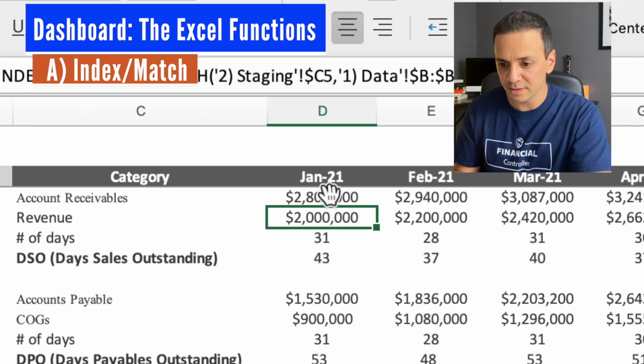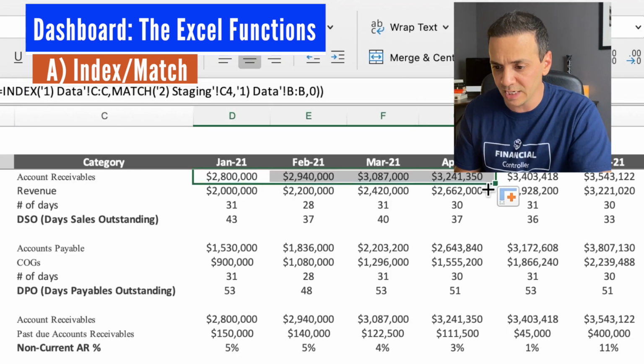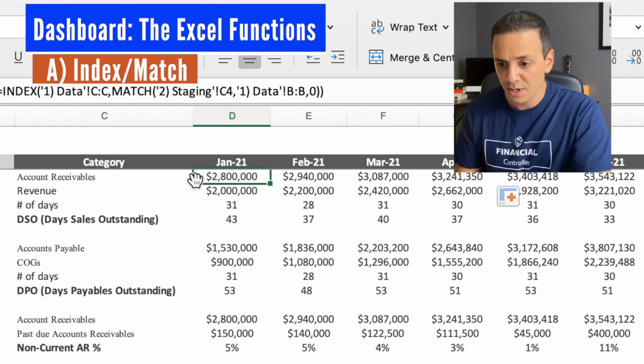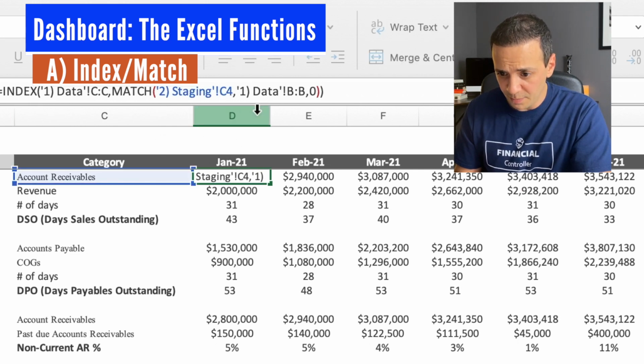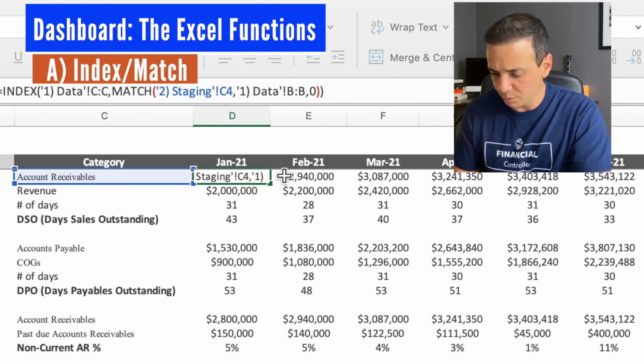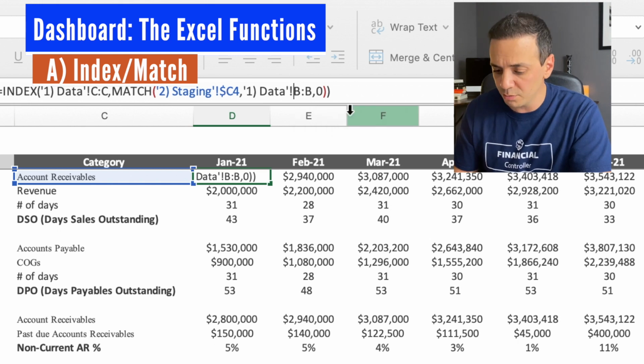And now you get the value being pulled here before you go ahead and drag it across, right? So you can easily just go and drag it across, but that's going to give you the wrong values in the next columns. You want to go ahead and fix in place with a dollar sign your criteria. So the criteria that's looking here is column C, which is this value here. You put in a dollar sign before that, and then you've got to also fix the criteria column where you're looking